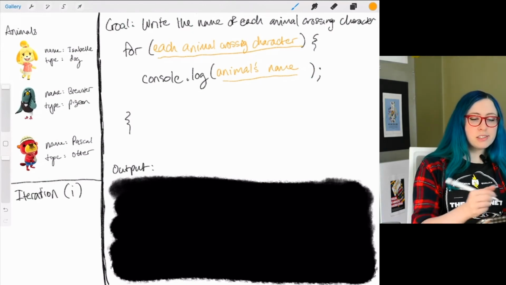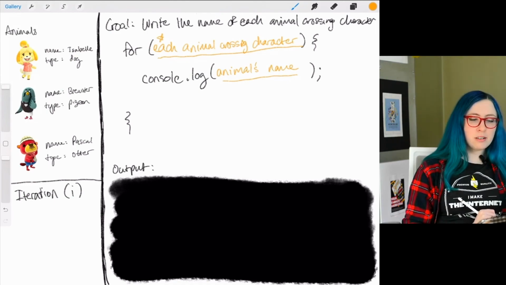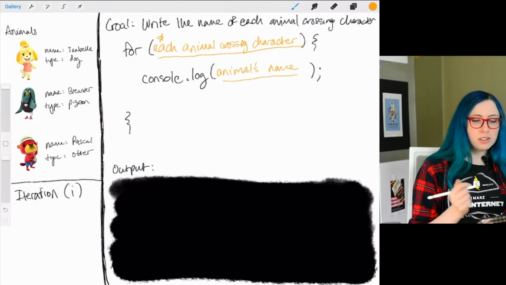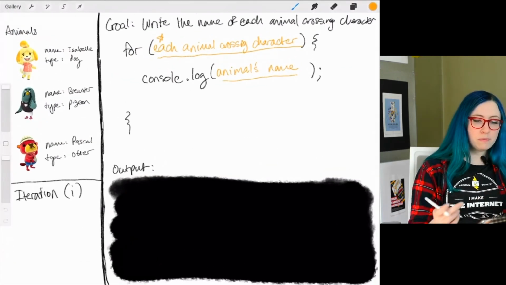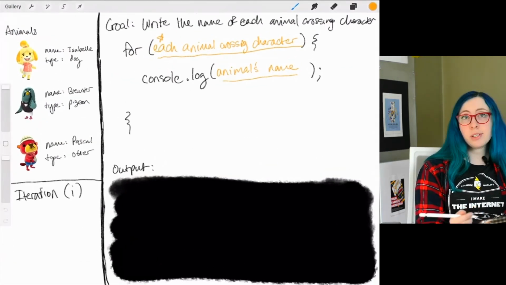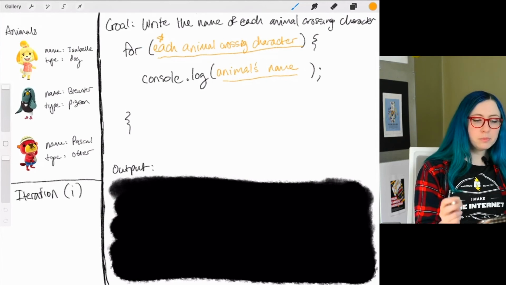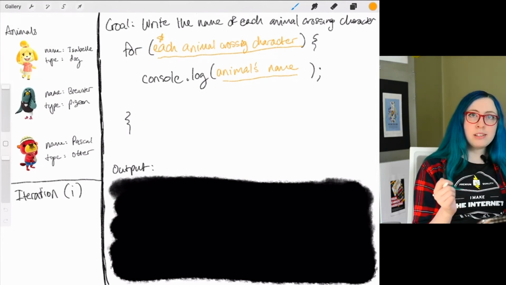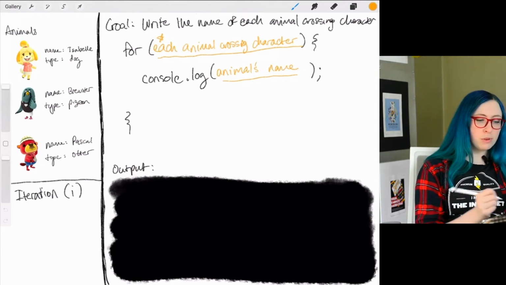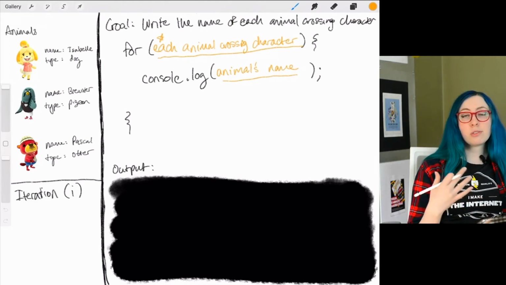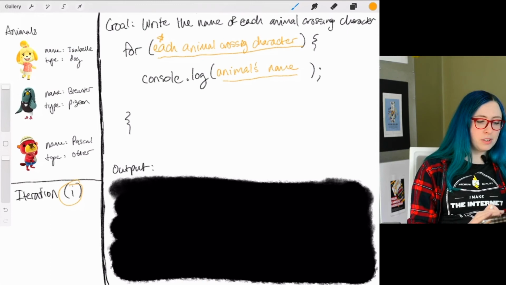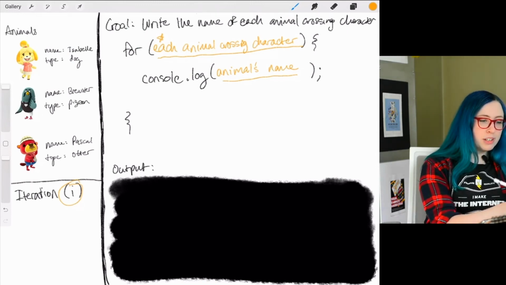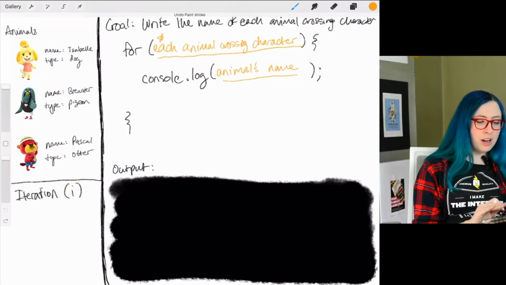All right, so let's start with this piece here. We're going to start with a really simple way of going about this. We are going to just try and work out a really simple for loop. So remember how we needed some sort of way to keep track of where we're at? In JavaScript, this looks like an i. All right. So over here, we have our data for animals and we have our data for i.